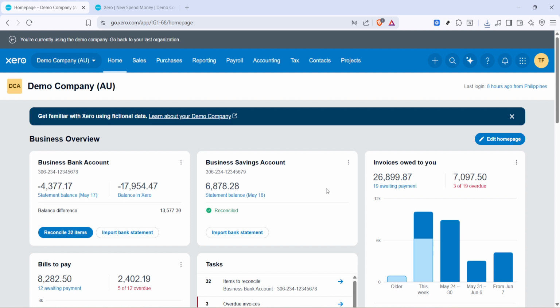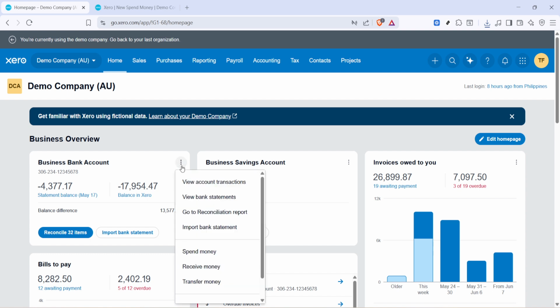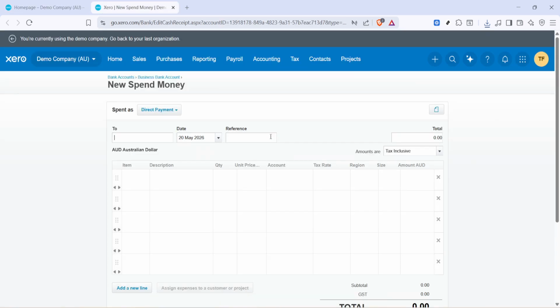Start on your Xero dashboard and locate the bank account the payment came from. Open the menu with the three dots next to that account. From that menu, choose Spend Money. This tells Xero you're recording money that went out of the bank, and it opens a form where you'll enter